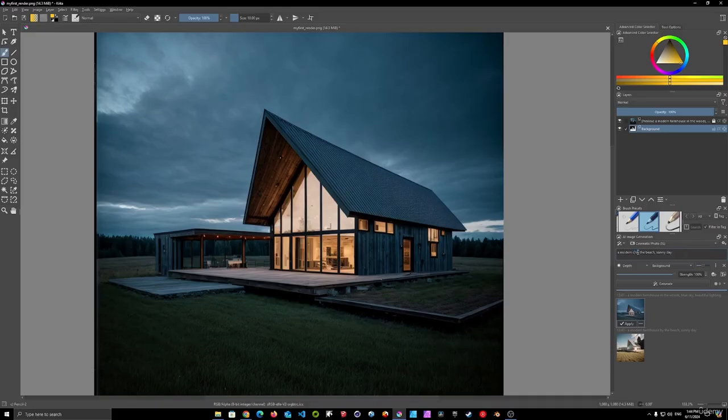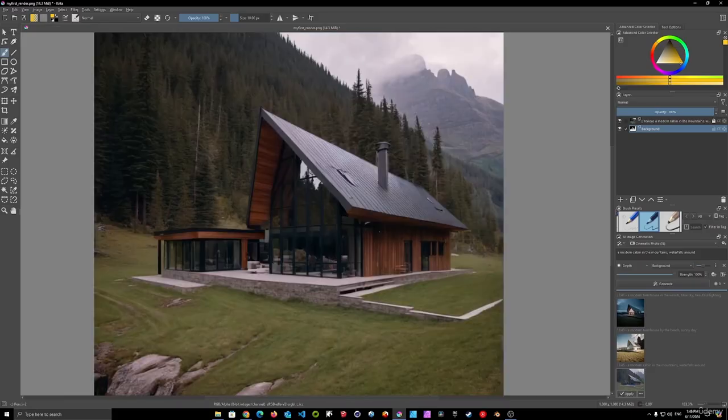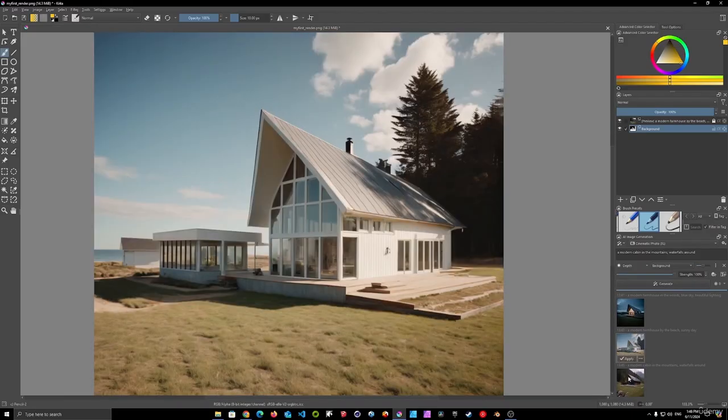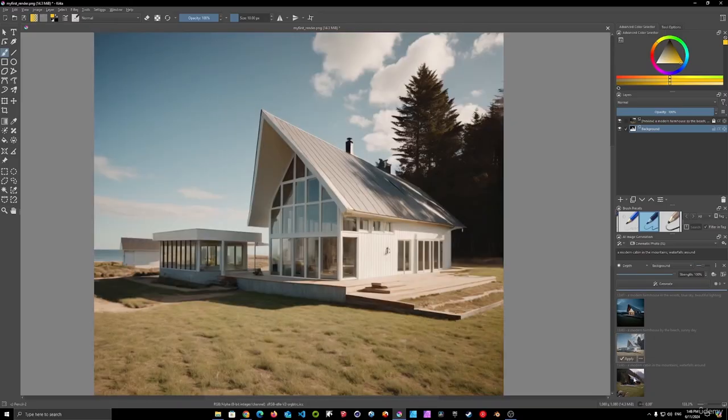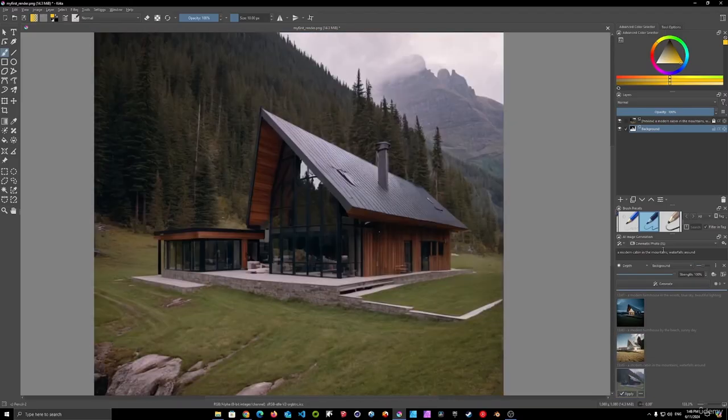Let's change farmhouse for cabin in the mountains, comma, waterfalls around. Click on generate. Now we got 3 renders that are completely different. Each of them is quite amazing. I love this. So we're using cinematic photo and we're using an XL model that comes by default with the